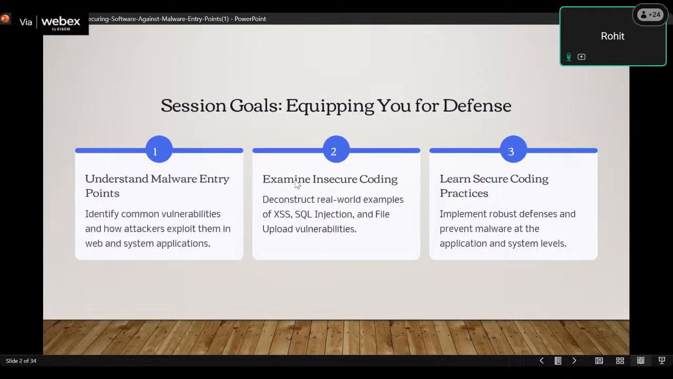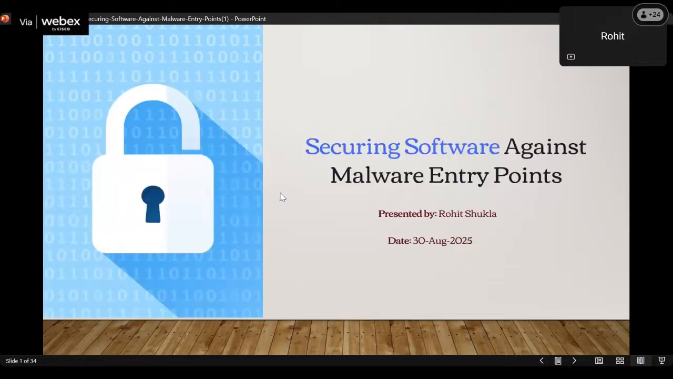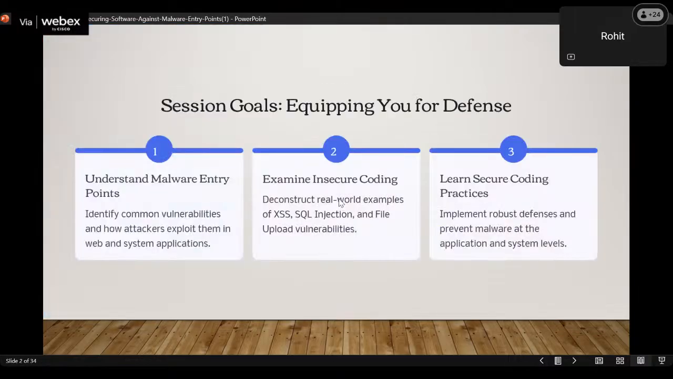And the next point is secure coding. In terms of secure coding, real-world examples are in the form of cross-site scripting, SQL injection, and file upload vulnerabilities, right? So in terms of coding, there is a lack of input validation, accepting raw user input without